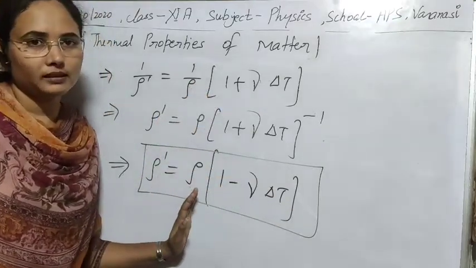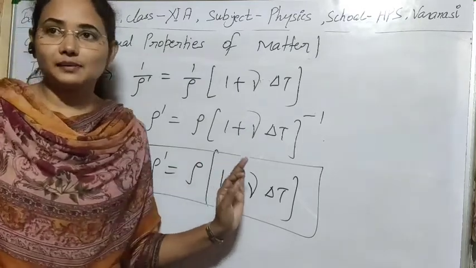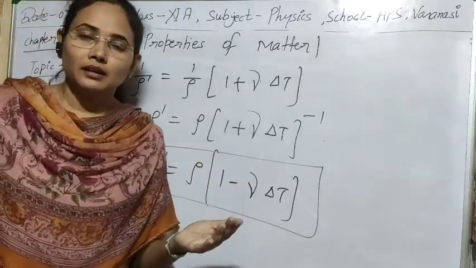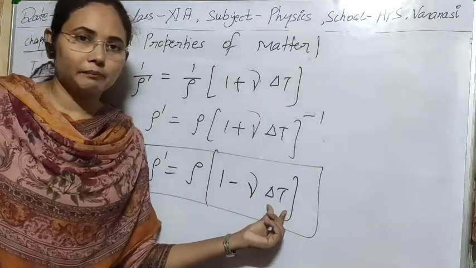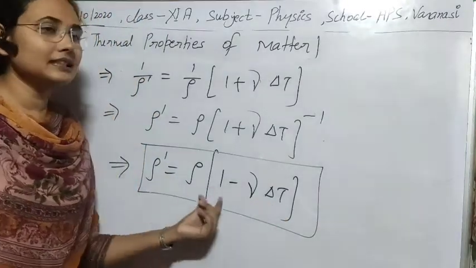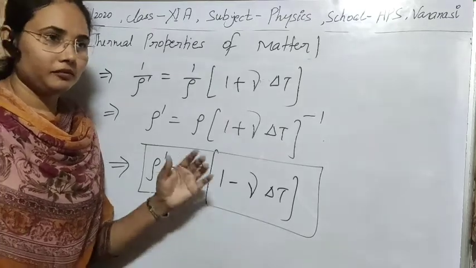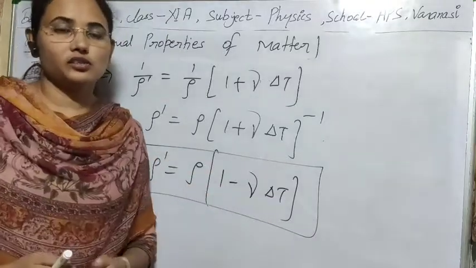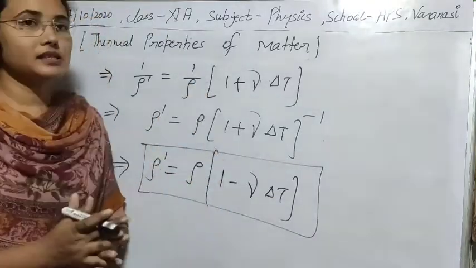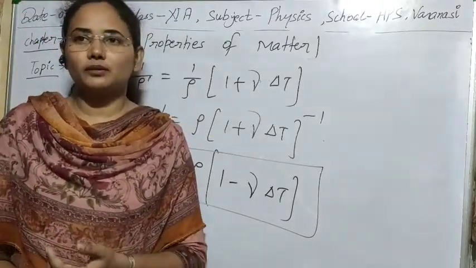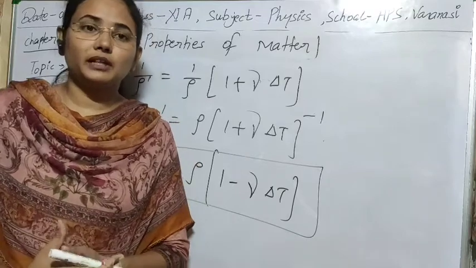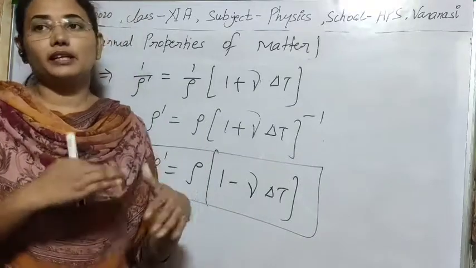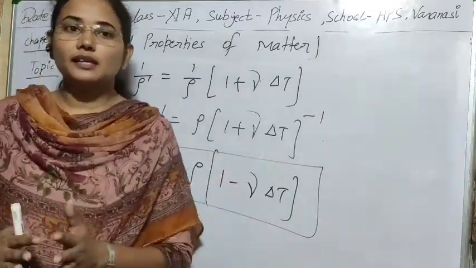Water is the only exceptional case among liquids, because water shows an increase in density with an increase in temperature between 0 and 4 degrees Celsius, while here, with an increase in temperature, we are seeing a decrease in density. So for 0 to 4 degrees Celsius, water shows different behavior than other solids or liquids. I think it is clear to you what the effect of temperature is on density, volume, area, length, and all these things I have told you, means the case of thermal expansion in solids and in liquids.